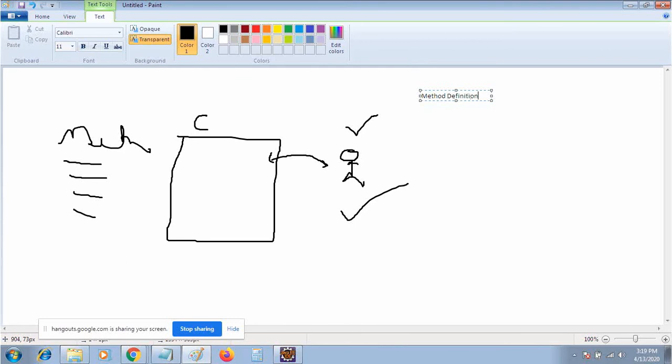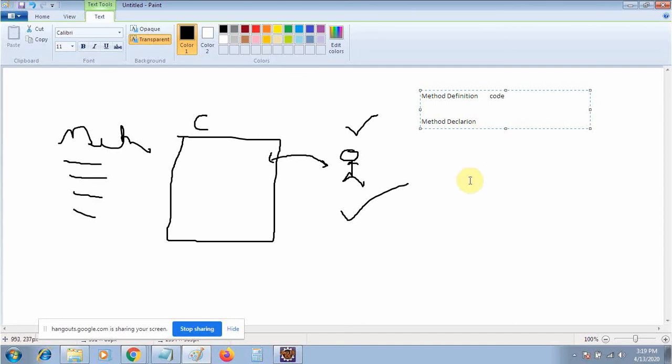Method definition means whatever is coded, all the functions are coded inside the method definition. And method declaration means we have declared it, we have given it a name.